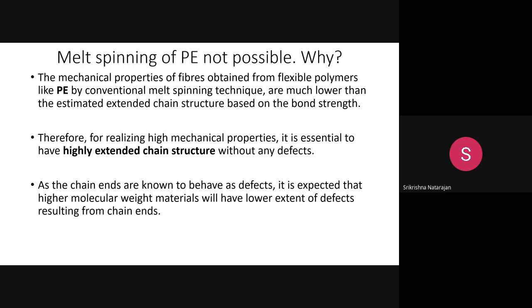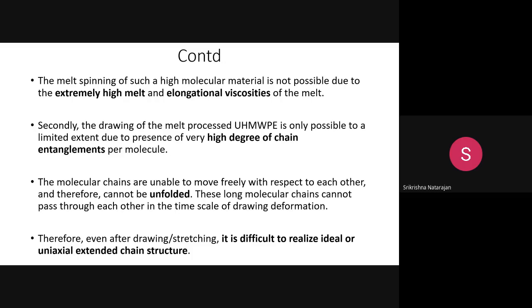Another thing is that whatever molten fluid you produce from melting this polyethylene has high molecular weight and high melt elongational viscosity. What it does is produce a high degree of chain entanglement, something like Maggi noodles you can imagine, which will contain a lot of entanglements. Like if you take a plate full of worms, it will be a totally entangled structure.